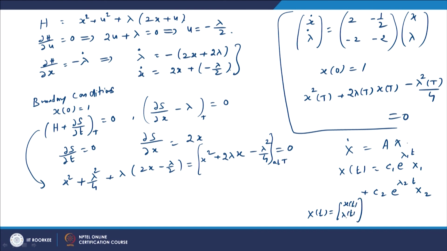So, this lambda 1, lambda 2 are eigenvalues, they are constants, but here lambda of t means it is the Lagrange multiplier, that is a totally different thing. There is no connection between this lambda 1, lambda 2 and this lambda. And so, the solution can be written like this. From this expression capital X of t, we can find small x of t and lambda of t separately in terms of C1 and C2.